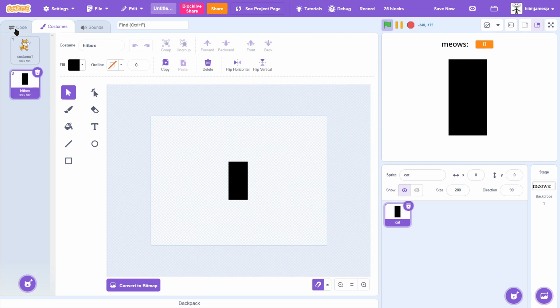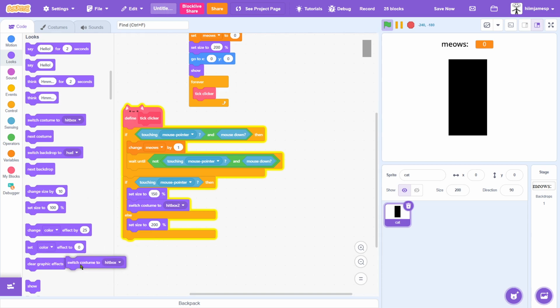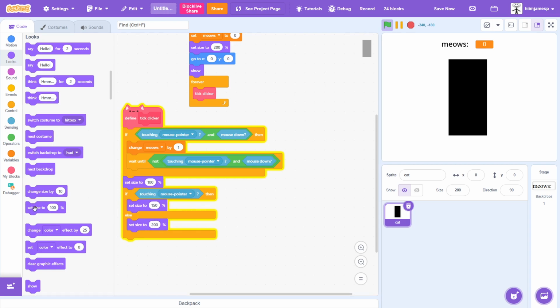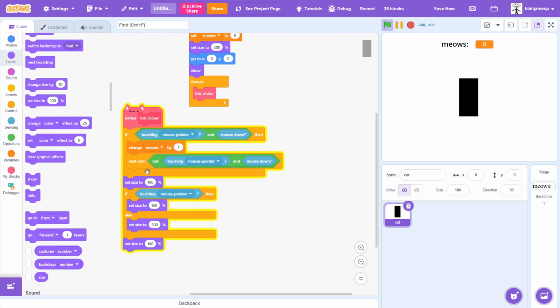However, you can eliminate the problem if you set size to 100, then set it to like